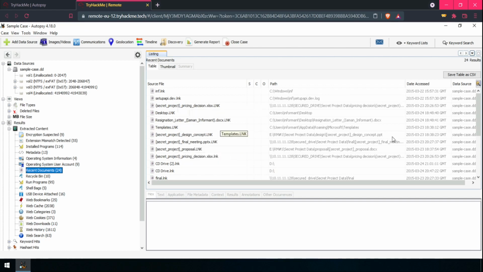So there are a lot of secret files and these are accessed from a certain IP address, 10.11.11.128. This IP address is actually a home network address, and that means that most of these secret projects were accessed from it, so this is the IP address we need to answer.